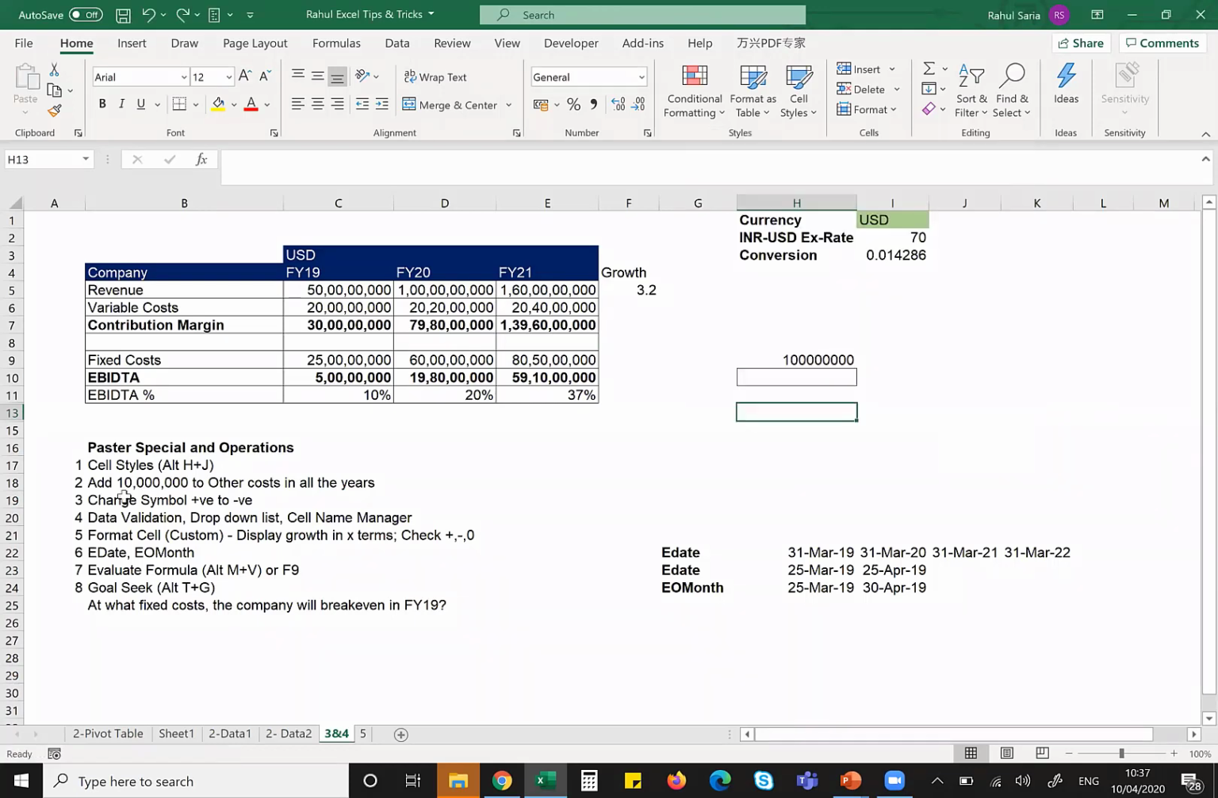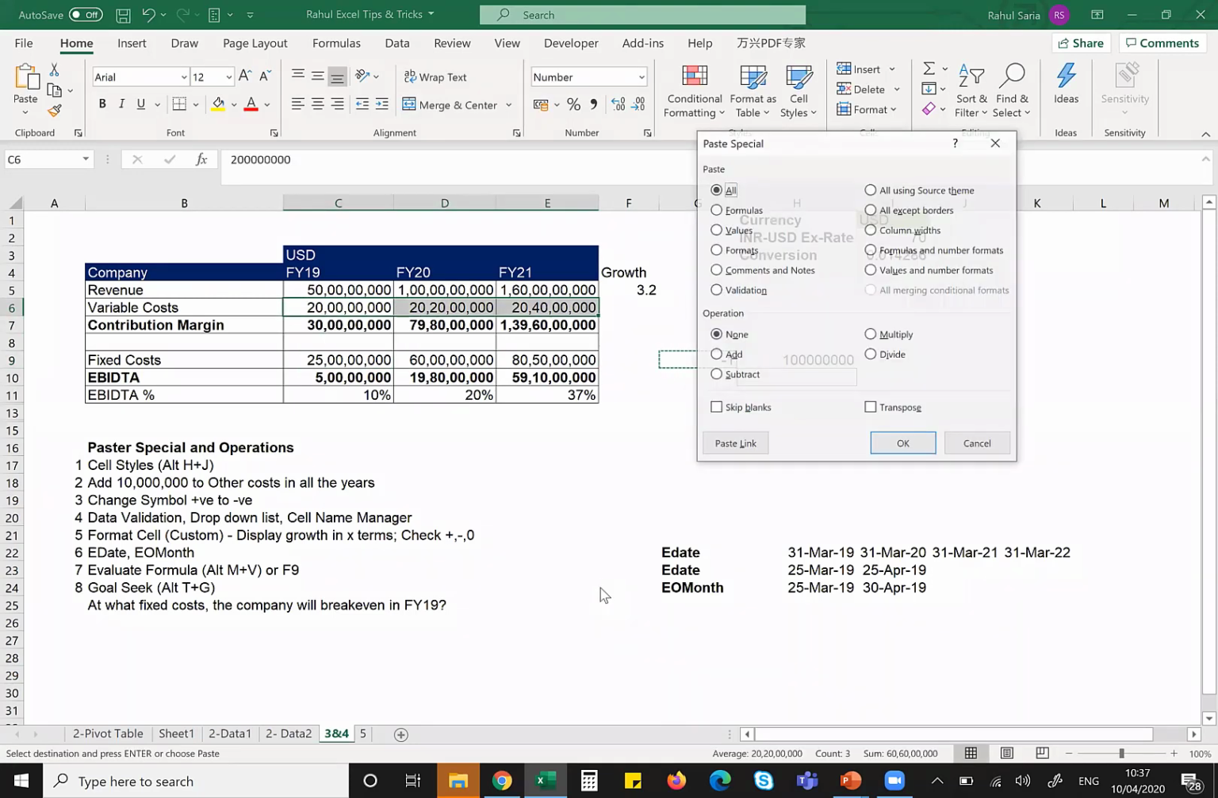Next is change the symbol from positive to negative. Now, if you see, there's a formula out here, right? Revenue minus cost is my contribution margin, minus fixed cost is my EBITDA, correct? Now, the question says, why don't you change all the cost to the negative symbol? Again, I can use value paste with a -1, and I'll simply go here, select it, value paste, value,